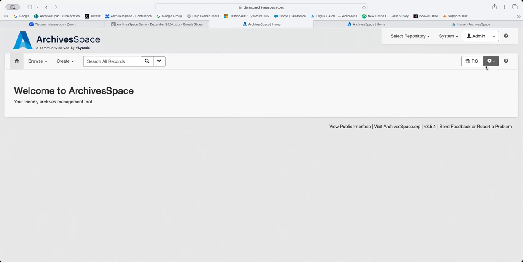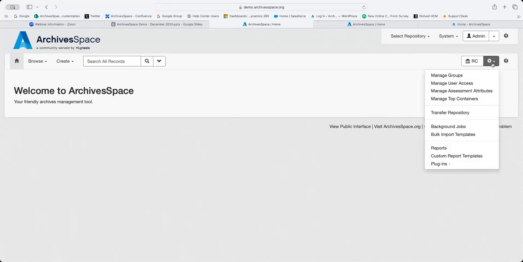The next area I'm going to mention relates to user permissions and preference management. So again, everything over here is sort of high level. We're not even getting into how to create records yet. But from this gear menu drop down here, you can again do a lot of really high level management. You can manage those permission groups if you have the appropriate permissions to do that. So you can create the granular permission groups that you then add users to. You can manage user access, again, putting people into those permission groups, creating new users, that sort of thing.